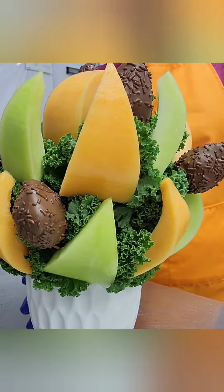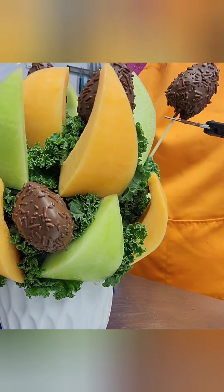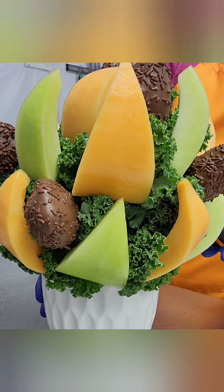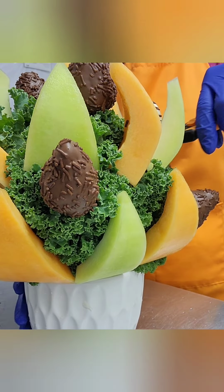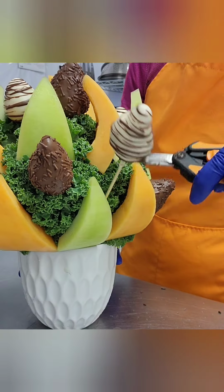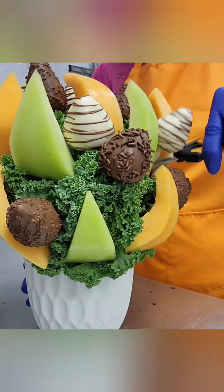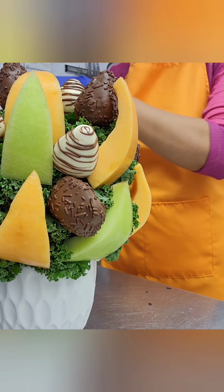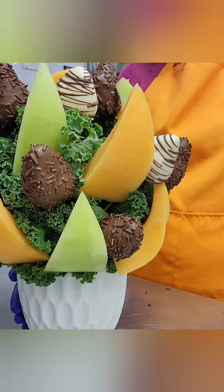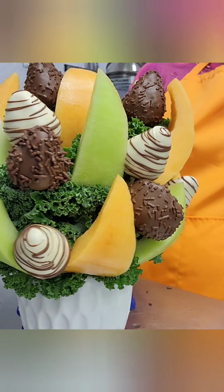It's just safer for the fruit, and especially with sprinkles, if every time you hit them they sprinkle off, you don't exactly want that. It ruins the look. It doesn't make it look as clean, so you want to put the more fragile fruit towards the end. In this case, I did put the sprinkles in just because I'm used to it, but you should probably do the swirl first. It's not as fragile as the sprinkled fruit. As you can see, I've already got some sprinkles falling off as I hit everything while I place all the other fruit in. Now just keep filling your arrangement with all the different fruit that you have prepared,